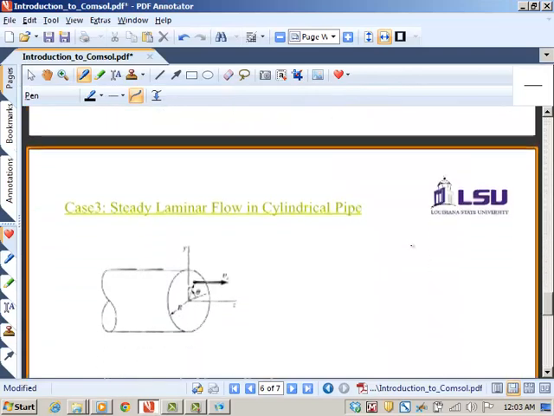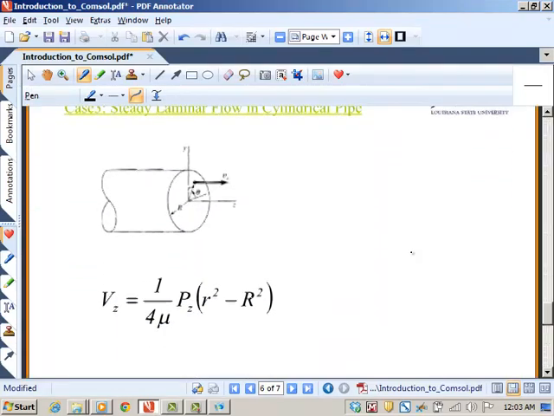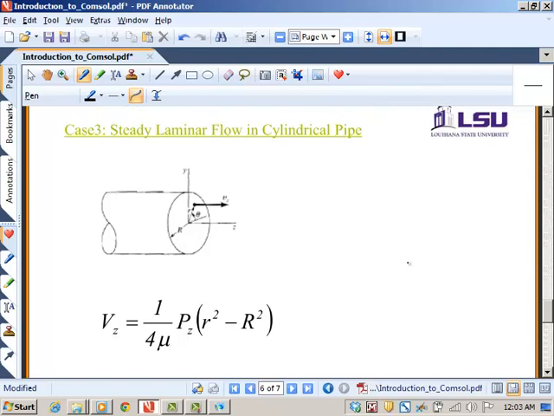Our steady flow in a cylindrical pipe. So now we need to model the flow in a cylindrical pipe. This 3D cylindrical geometry we can approximate using a 2D axisymmetric approach. So if this is our r equal to 0 and this is your radial direction, this is your z direction. So if I